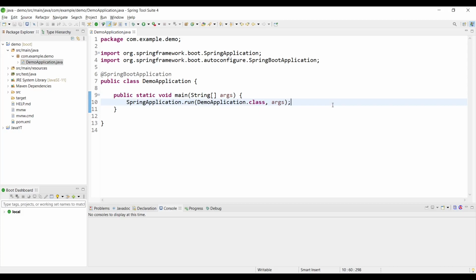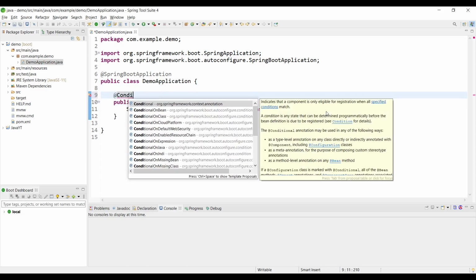So in this video we'll discuss some annotations, typically the annotations based on @Conditional. There are a couple of variations of this annotation and we'll be discussing mostly all of them. So let's first talk about what this annotation is. Before we move on to what these annotations are, let me tell you about why these are used. One of the annotations is @Conditional.